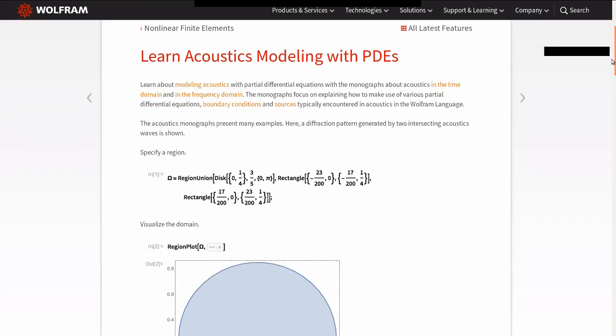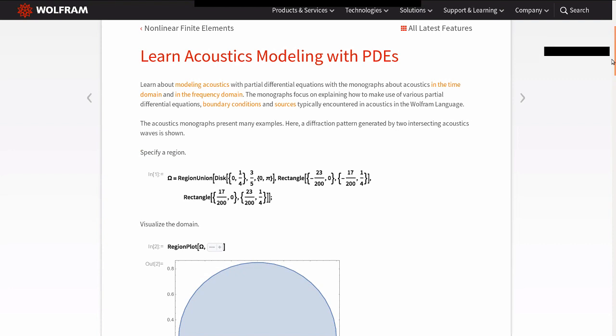The reason we've chosen acoustics is it's a single equation, it's linear. For us, it's also a learning process how to write these tutorials and these models. And that's why we've chosen acoustics as a first go. And if you look in the help browser and just type in acoustics, or acoustics PDE or something like